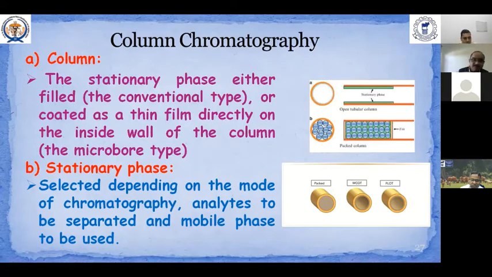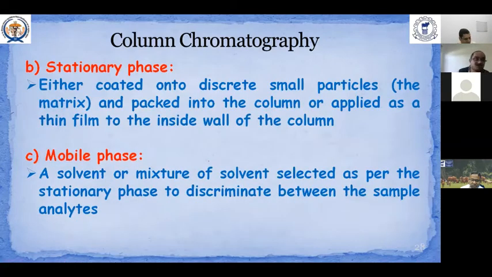Also, it may be selected on the basis of analytes to be separated. If non-polar compounds are to be separated, then reverse phase chromatography can be used, and like that. So the stationary phase is either coated on discrete small particles and packed into the column, or applied as a thin